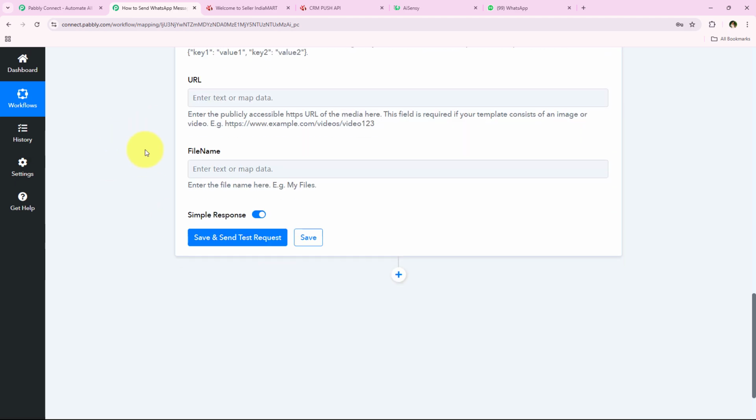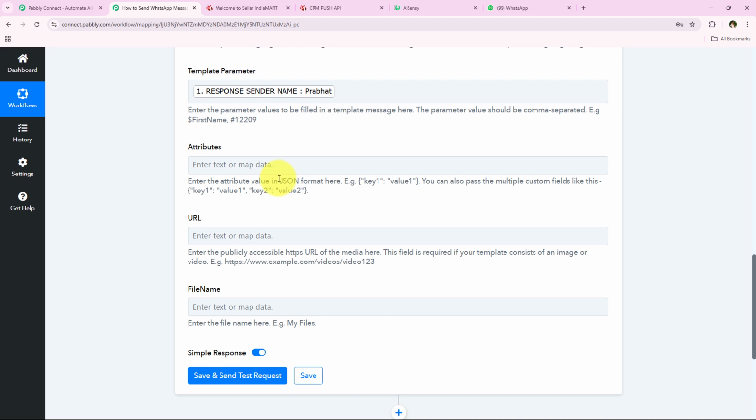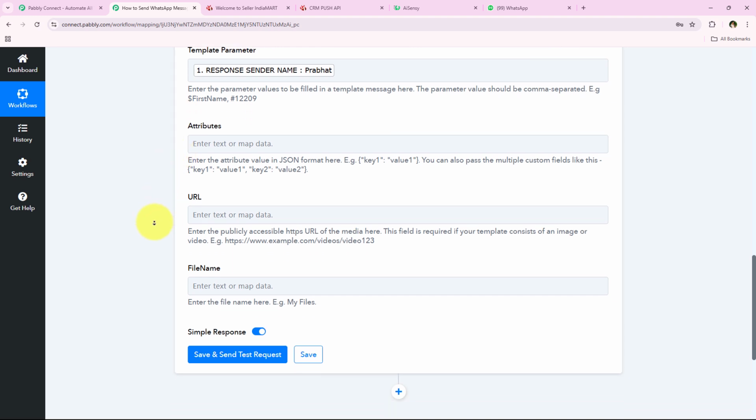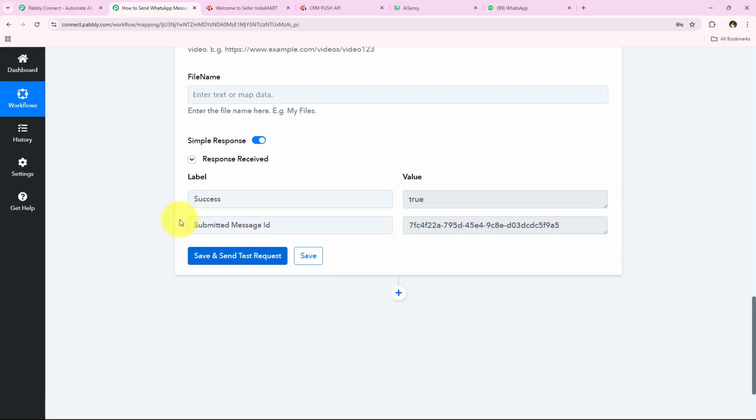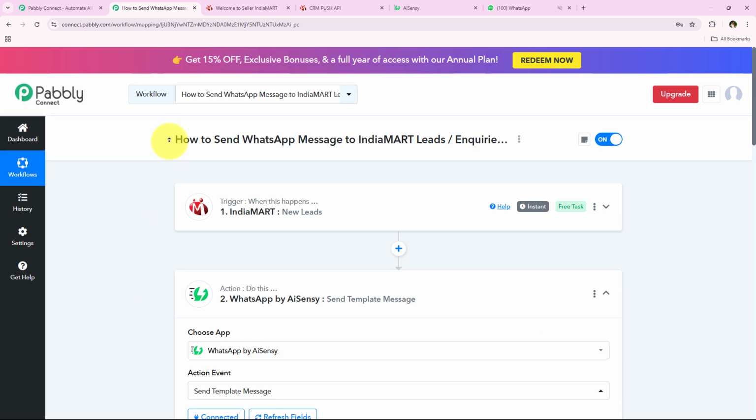It is asking me for many other details. So as you can see, all of these details are not the required details. So I'm going to leave it as blank and click on this button right over here which says save and send test request. And as soon as we click on this button which says save and send test request, yes, you can see that we have received a positive response that we have successfully sent an automated WhatsApp